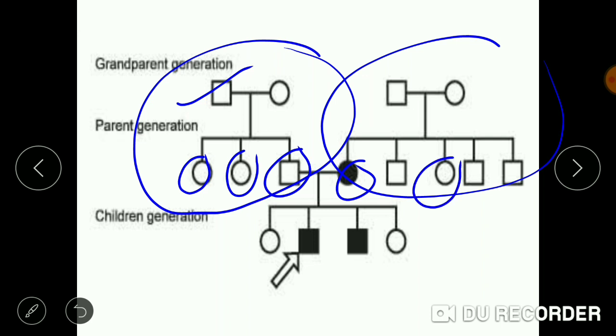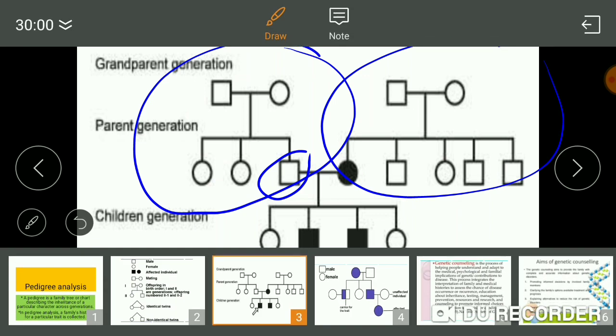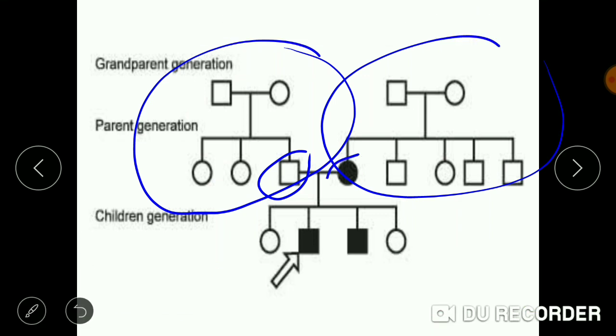are female and 1 female is affected, since it is marked as colored. A colored circle depicts that the female is diseased or affected. The rest of the 3 male children are non-affected, normal male children. Now, we see that one of the male children of this family married an affected female child of the other family